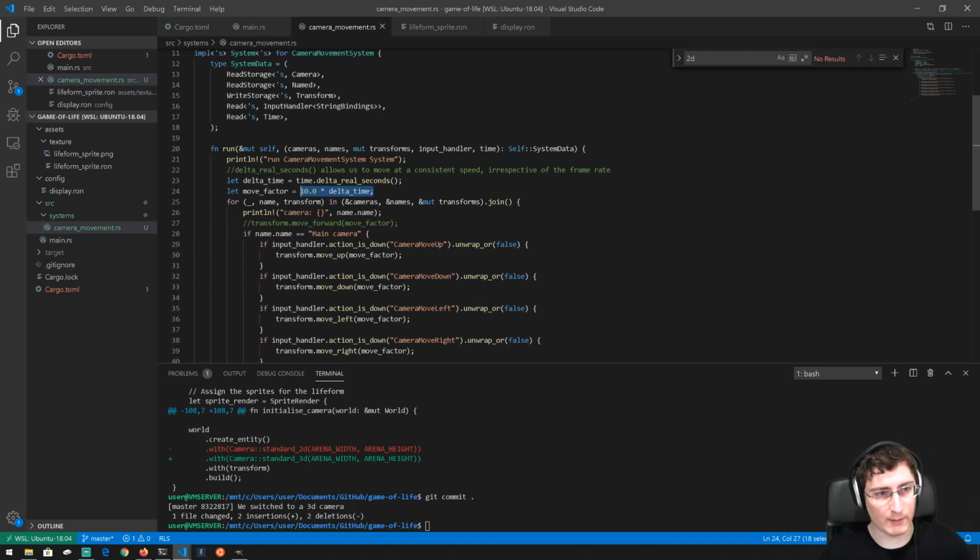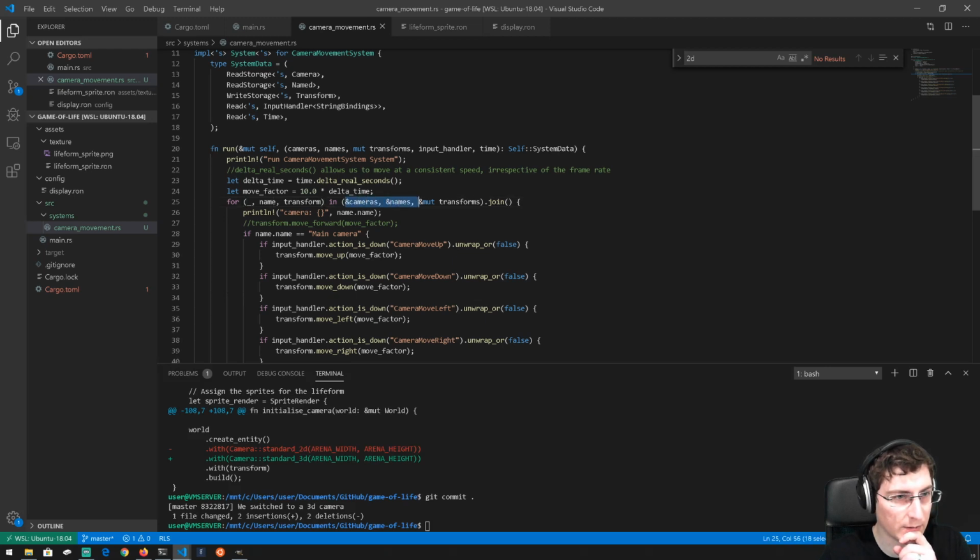Even if your frame rate is going up or down or all over the place, your movement can be consistent if you know how much time has passed since the last frame, and then you can adjust the speed, as in how far you've moved. In fact, this is not a speed, this is a factor of how far you've moved the camera from one frame to another. And then they've got a for loop, so they're going through